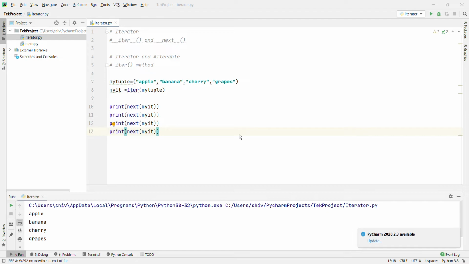Now, even strings are iterable objects and can return an iterator.